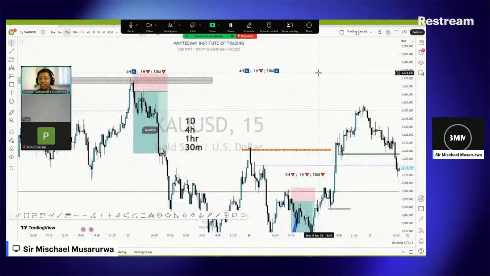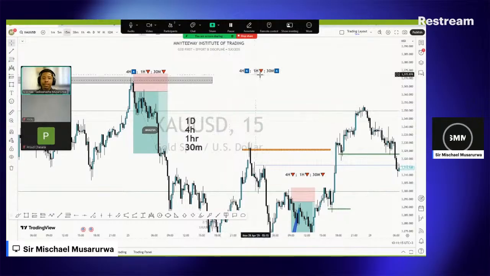But before I select in the morning, once I'm seeing pairs, sometimes there are pairs which will be like this. What time frame am I considering to enter? It is 15 minutes, right? Can I enter an upward trade if the 4 hour and 30 minutes are saying up and the 1 hour is saying down? No, I cannot enter, because the 1 hour is a very close time frame to my 15 minutes. Right. So